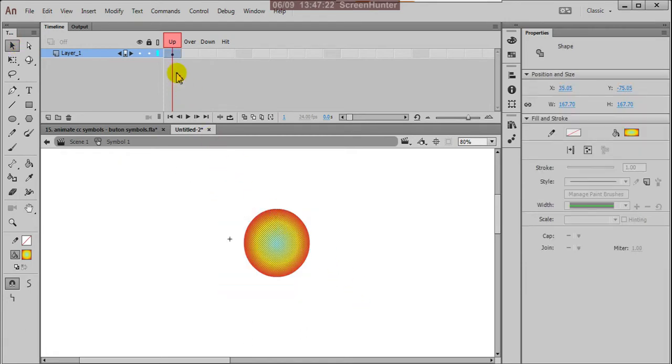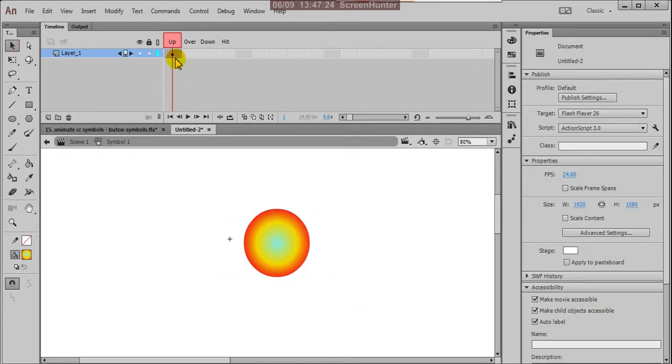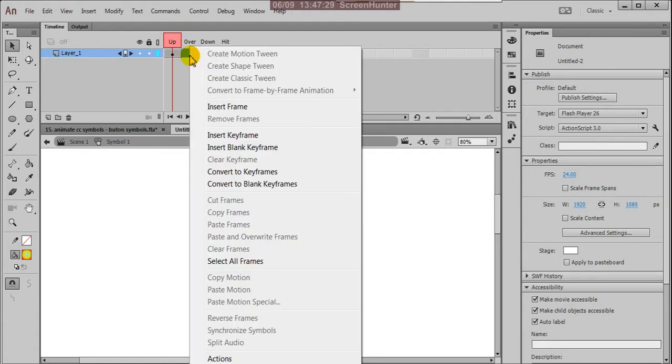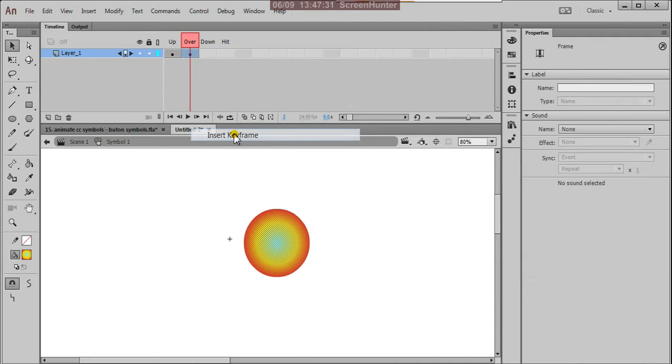Now this is the keyframe at the up area, and this is the over state. You can right click and insert keyframe. Keyframe means the same frame is added here, but here I want the over state. Over means bigger than up.